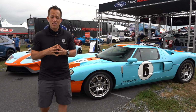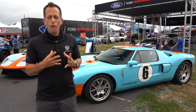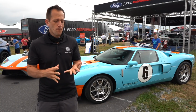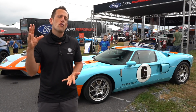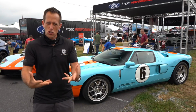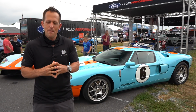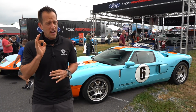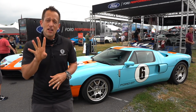It goes back to, of course, the original GT40. Now, with the whole Ford versus Ferrari movie, what's been great about that movie and so successful is that it's been good to car enthusiasts, but also people who were non-car enthusiasts who never even heard of Carroll Shelby really got into the story. Now, the movie isn't depicted 100% the way that it happened, but the great news is that because of Ferrari welching on a deal with Henry Ford II, we did have that wonderful battle that equated to 4